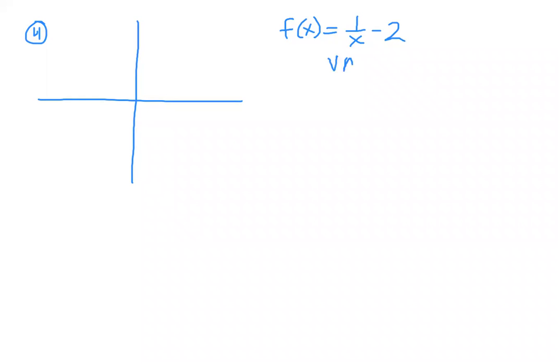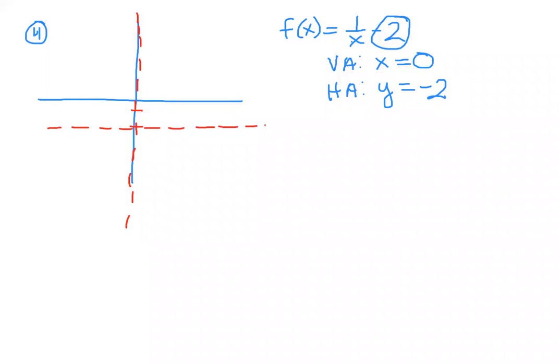My vertical asymptote is x equals 0 because there is nothing down at the bottom with the x. And my horizontal asymptote is y equals -2 because of this 2 right here. So I'm going to go ahead and graph those. Vertical asymptote, x equals 0,